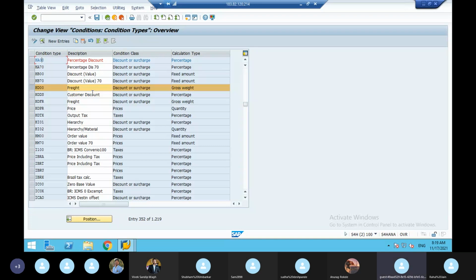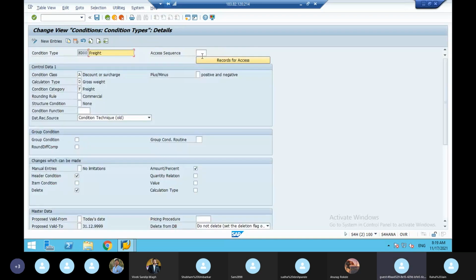See here, HD00, there is no access sequence. I want to maintain freight for the customer. How will I maintain it? Only for the export business scenario. Plant is in Bangalore, customer is in US. Then how are you going to maintain the freight charges? You can't take the ship gross weight or an aeroplane gross weight of the material. So the destination from Bangalore to Delhi, Delhi to Singapore, to Malaysia, Malaysia to Amsterdam, to US. So destination wise, they're going to calculate the freight.